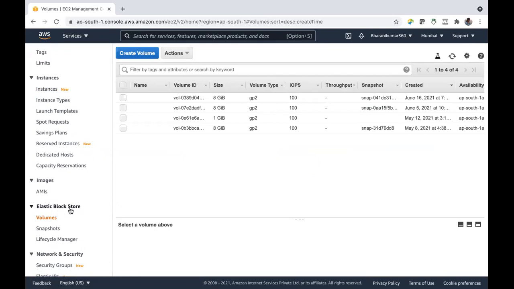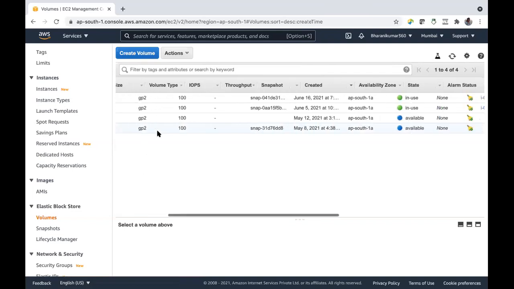These are nothing but, I think it's the storage step, 4th or 5th step. There will be a root volume, and if we want, we have an option of adding more volumes or modifying volumes, right?